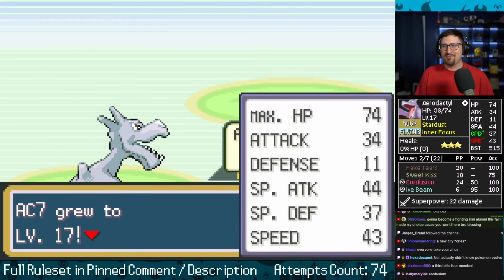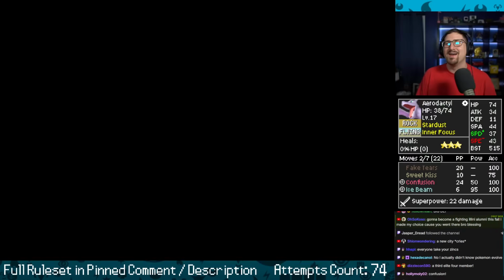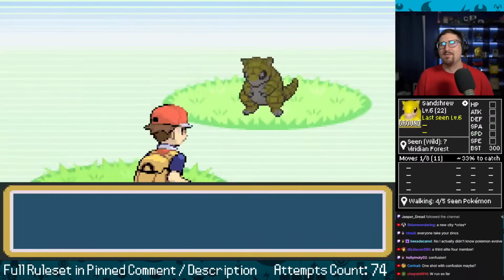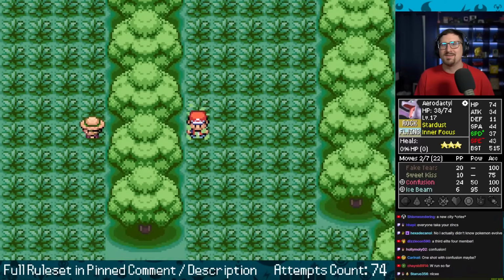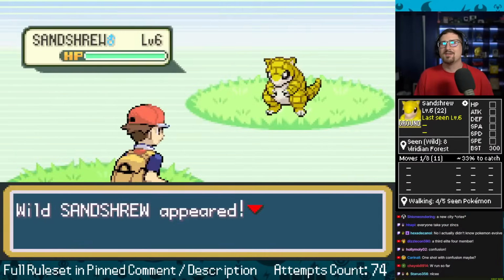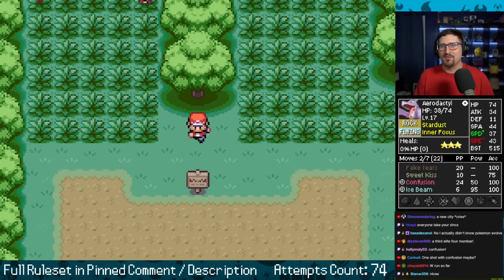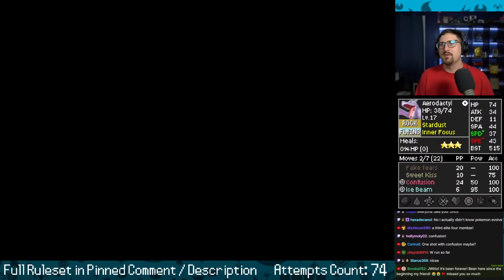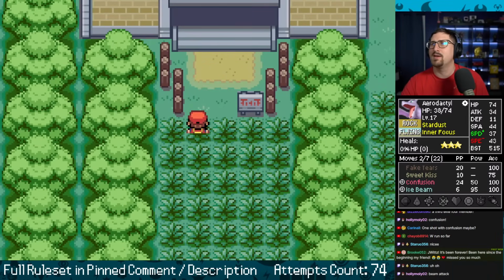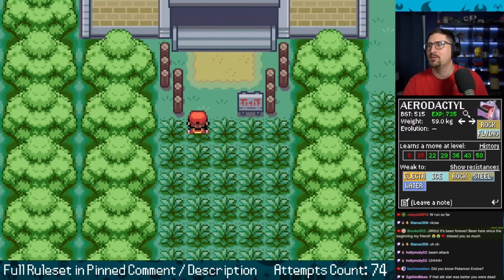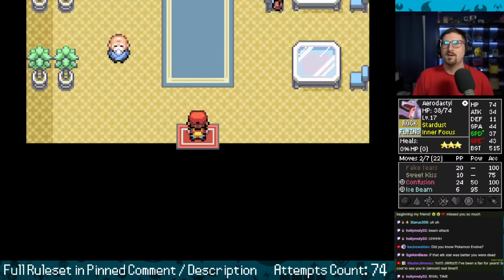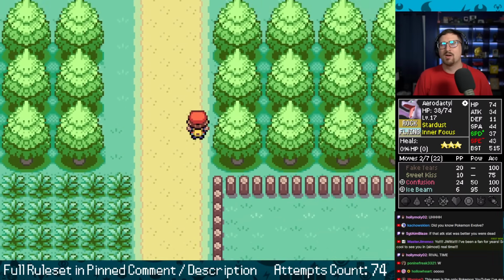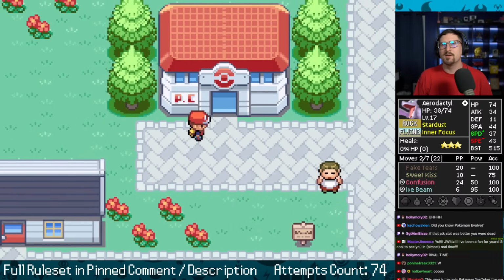We beat all 5 trainers. You guys get to see a rival fight. Yeah, I've played enough Kaizo to know that this thing is not getting through Brock unless I get some absolutely insane, every single Brock Pokemon is weak to Ice Beam miracle. I'm not seeing any more new moves either, right? Definitely not. It's like 23 or something. Oh, 22. I don't have very much experience either, though.